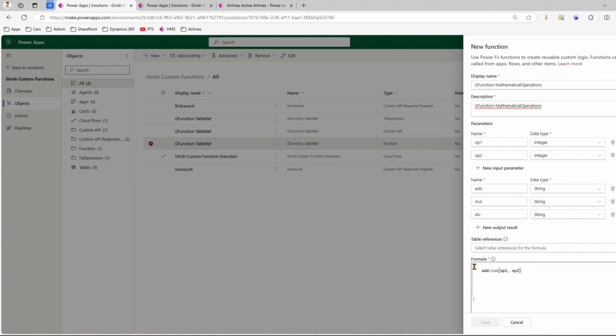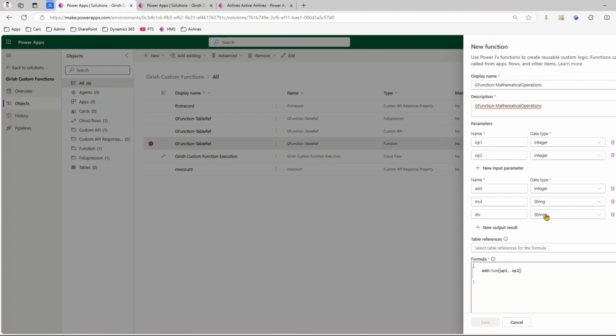Now remember, it has given me an error over here. It says type mismatch between source and target record type. You are passing two integers to the function, but then you are returning it as a string. It doesn't make sense. So let's make the data type integer. So add is an integer, and now that error will go away. Now it is all good. So the add function will give me the output as an integer,